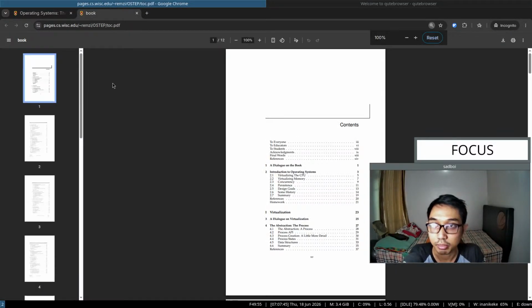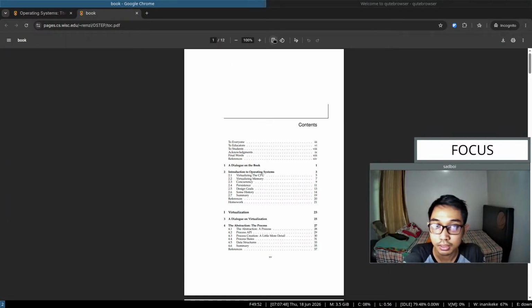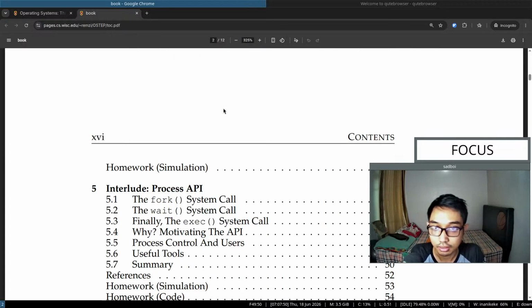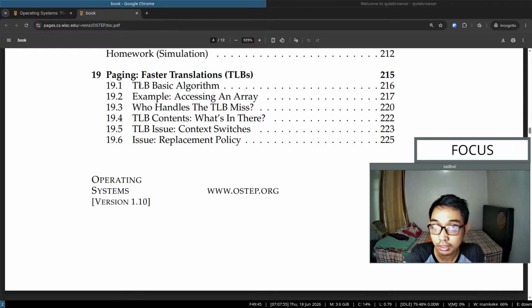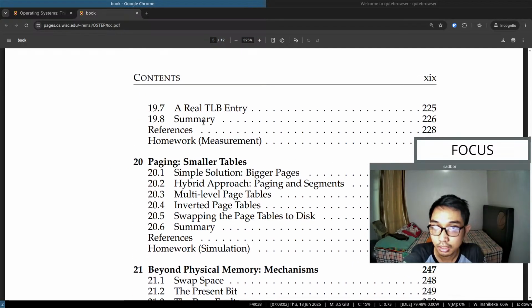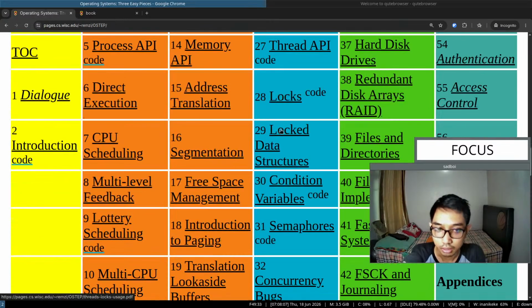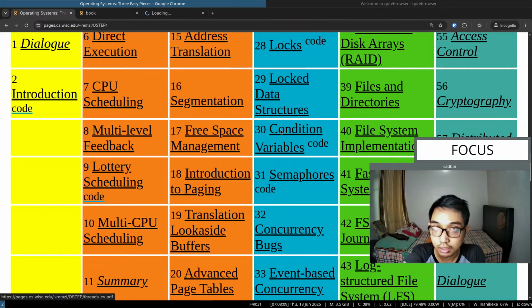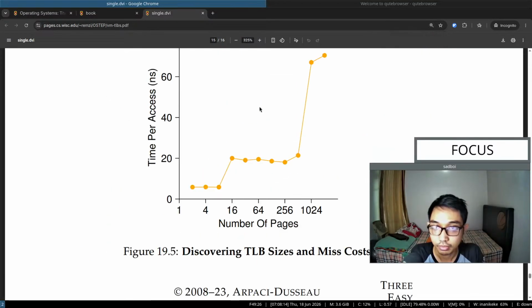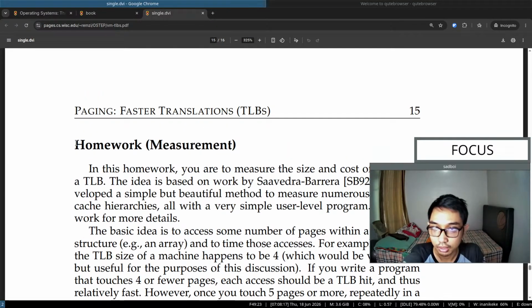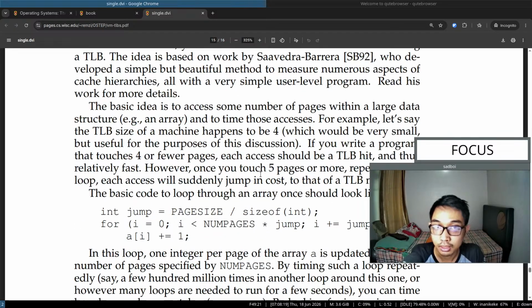Let me open the table of contents first. Okay. We are still in chapter 19, paging faster translation, and still on the homework measurement here. Let me open that. Okay. Yeah, we are still in this homework measurement section,